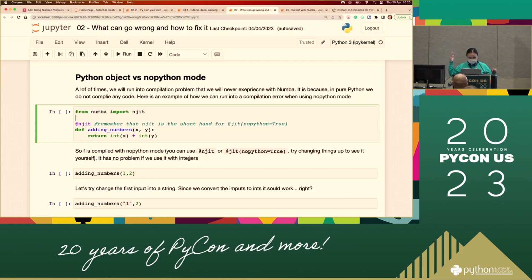So let's look at this. This again is a reminder that njit is the nopython mode. So we are compiling this for sure, and we're adding two numbers. This is something that you may do in Python, right? With X and Y, there may be a naughty user putting in something that is not an integer, or if it got passed in from another function, it may come in as a string.